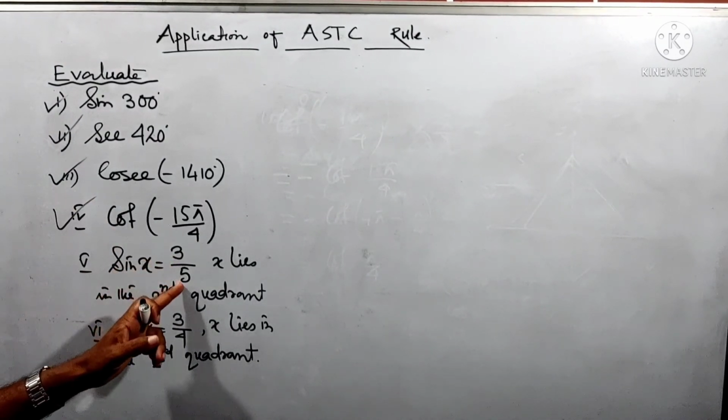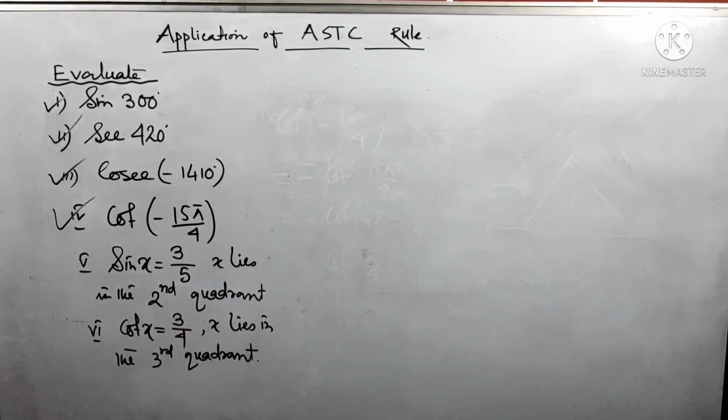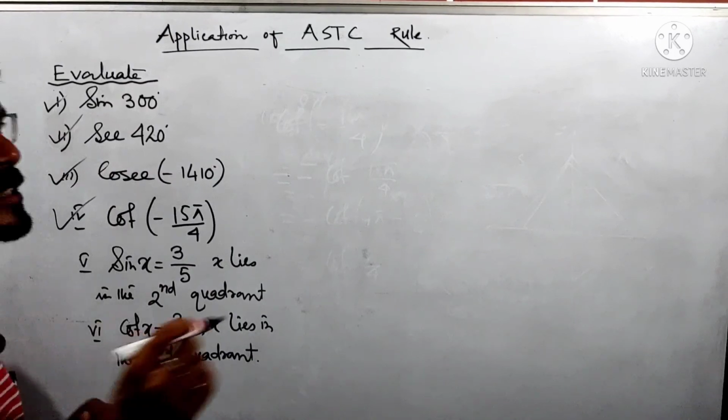Another kind of question, like suppose sin x is given. Sin x equal to 3 by 5, and x lies in the second quadrant. We are to calculate the value of other trigonometric ratios. You know the trigonometric identities. So the main three identities are